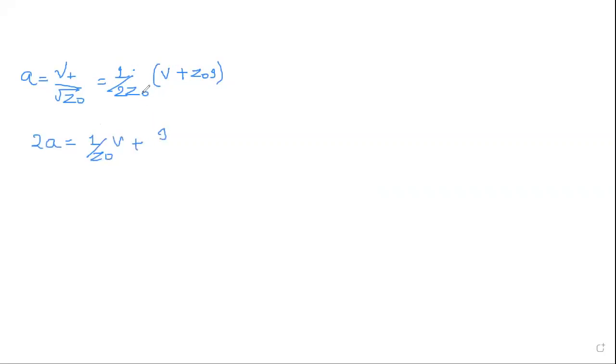Now, as I've told you, you have to write the equation in terms of A and B. So it is V plus divided by square root of Z naught. So V plus, the value what you have got, substitute it here. That is half into V plus Z naught into I. So this is one equation. One more equation you have is in terms of B, or I'll bring this to A is equal to 1 by Z naught into V plus I. You have Z naught here, so the square root of Z naught.